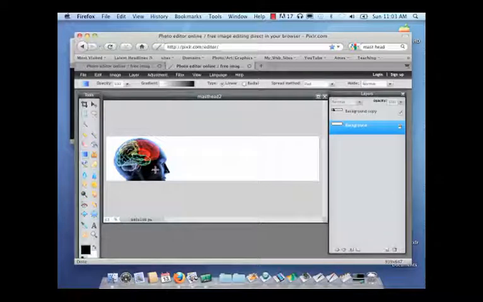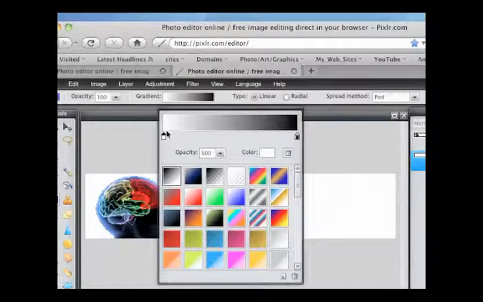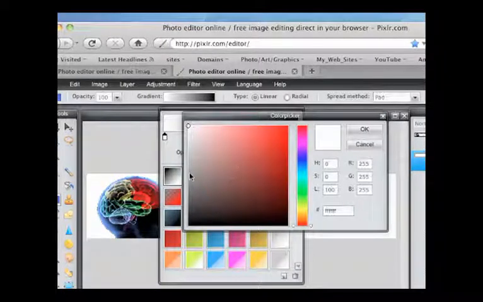And the reason that I opened this image is I want to really select a blue that's in this face. And to do that, I want to change this gradient color. So I'll click on the gradient, and here's this color chip right here. I want to click on that color chip to make sure it's selected, and then click Color. And then if I go outside of the document, you'll notice that I get the eyedropper tool, and this will choose the color. So I'm going to click on this dark blue right here in his face,